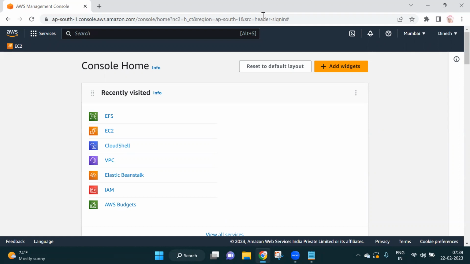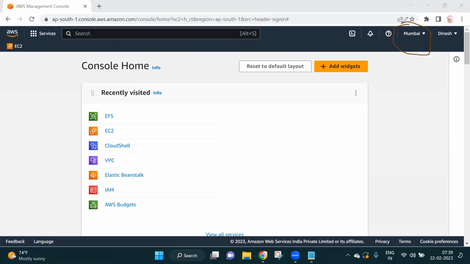Fine. So after you have the account with AWS, there are a few things you have to remember, guys. See, here you can see something, right? This one is nothing but a region. In AWS, we have many regions. Here you can see Mumbai. Mumbai is one of the regions.